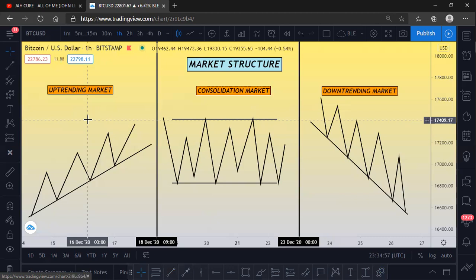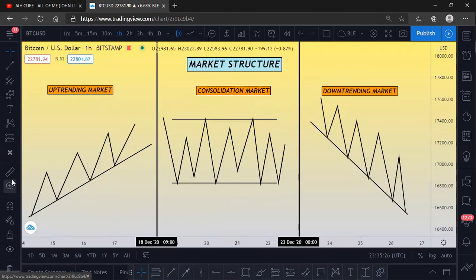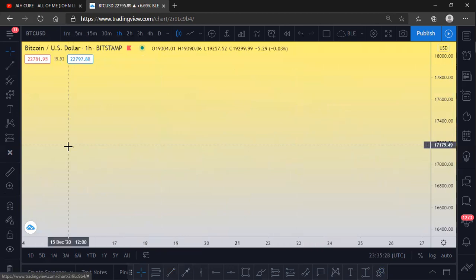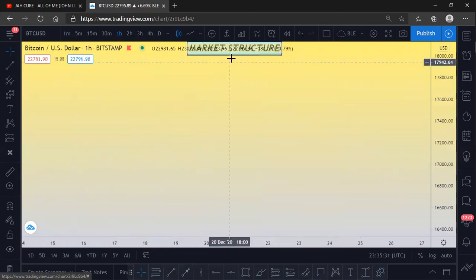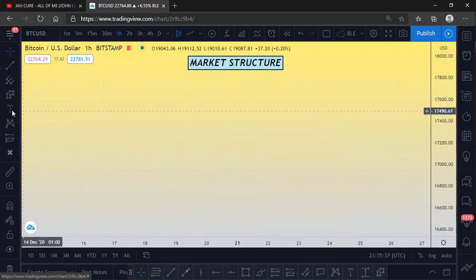Okay, so in an uptrending market, you only want to buy at the higher lows. Let me recap this. First let me put it this way. To see an uptrending market, the market has to start creating higher highs, higher lows, higher highs, higher lows, right? Do you understand what higher highs and higher lows are? Yes. Okay, so let me delete all this since I just used it to explain. But we still need this one. Okay, so now let's talk about uptrending markets first.